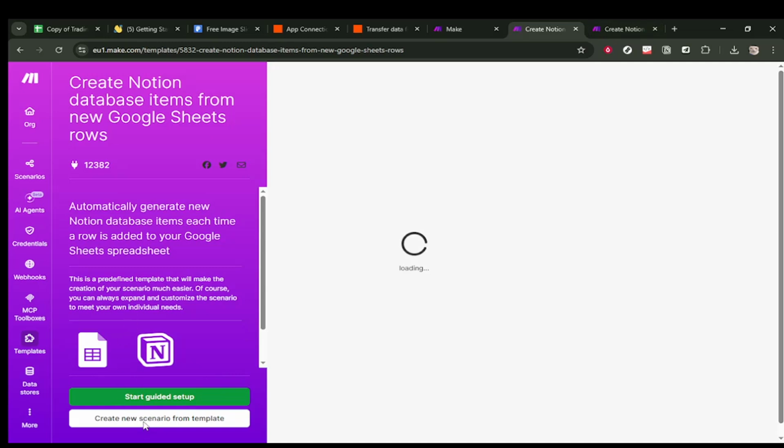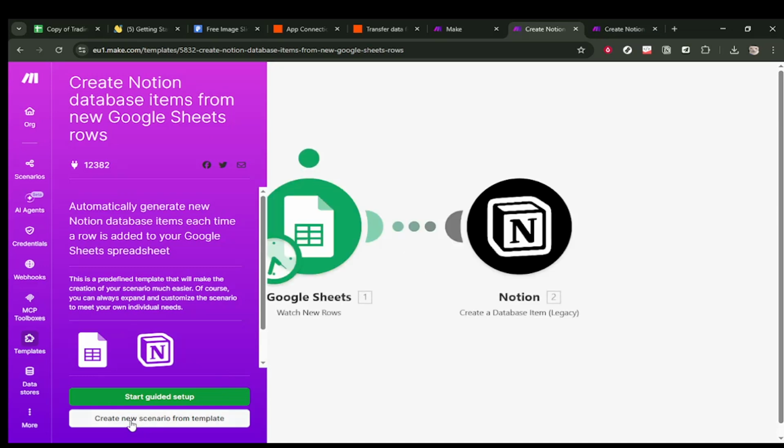When you open the template, take a moment to confirm it is the correct one by checking that it is built for Google Sheets and that it clearly mentions adding multiple rows at once. Finally, click the button to use or open the template so you can move forward with it inside your Make